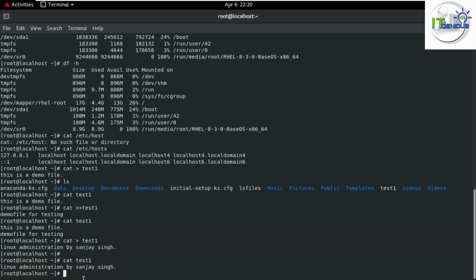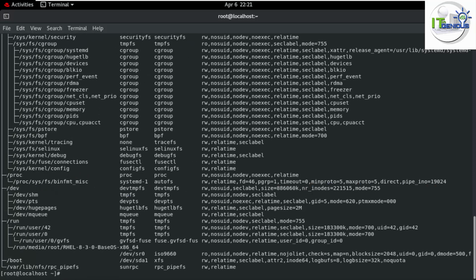Now, if I need to check my mounted file systems: in Linux everything is mounted into a directory, correct? If you insert an internal or flash drive or an external hard drive, that will also be mounted into a directory. If you need to check mount points, you can run the command find mnt, through which you will be able to see all the mounted directories and subdirectories. You can use that command also.